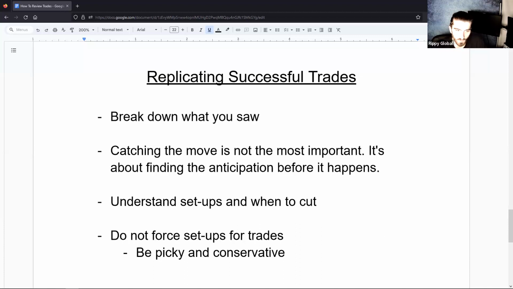You enter a trade with no idea what you're going to do, or looking at the chart, explain to someone why you entered. One thing I like to think about is, if someone was watching me trade that's never traded before, what would I tell them my reasoning was to enter this trade? To teach someone, not just, oh, I entered because of this. If you're trying to teach them how to learn trading and they have no idea what this is, they don't understand anything, no terminology, nothing. How would you explain it to them?